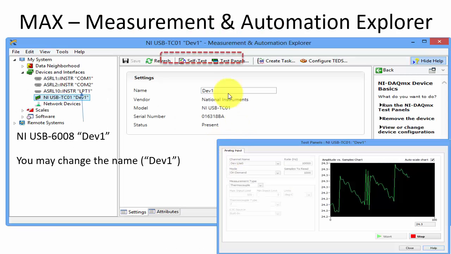Next, you should open the Measurement and Automation Explorer in order to see if your DAQ device is installed properly. With this software that is part of the DAQmx driver, you can easily configure and test if the device is working properly. So let's show a demo of how we can connect the USB to our PC and see if everything is working properly using the MAX software. So let's open the MAX software,